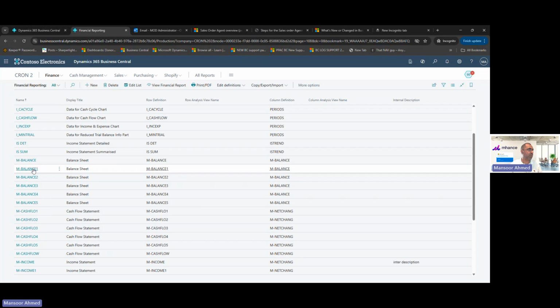So I was creating them, number 1. Each time it creates a new definition because I've added a new GL account. That's what the new one meant. So it keeps the old one and it creates a new one with your new additions in it. Then you can review it yourself and delete whichever ones you want and make sure it's doing the right thing